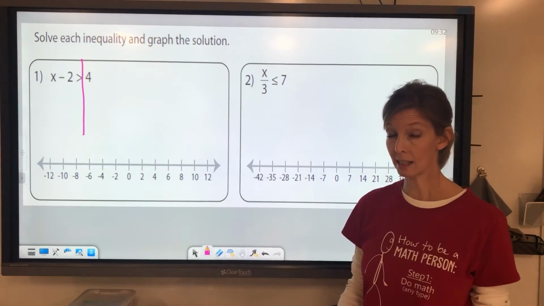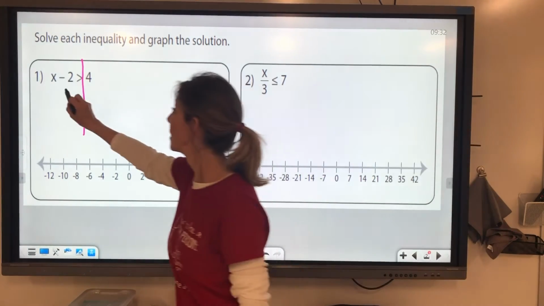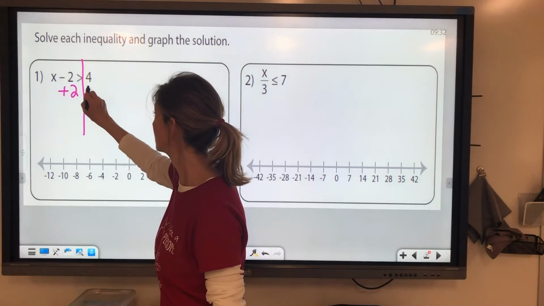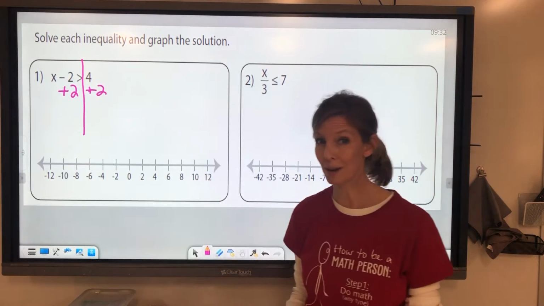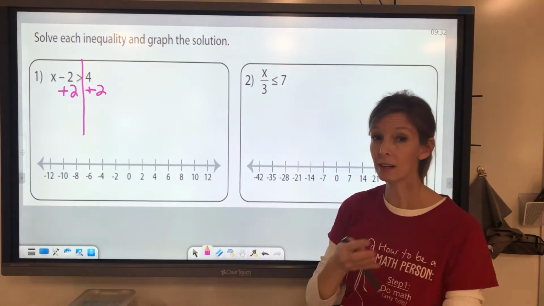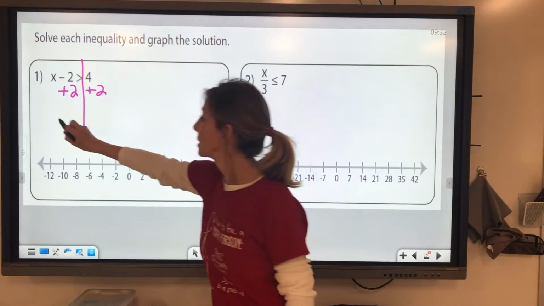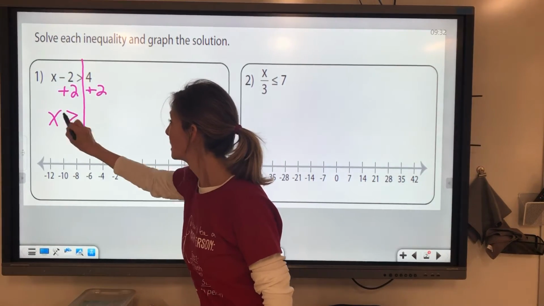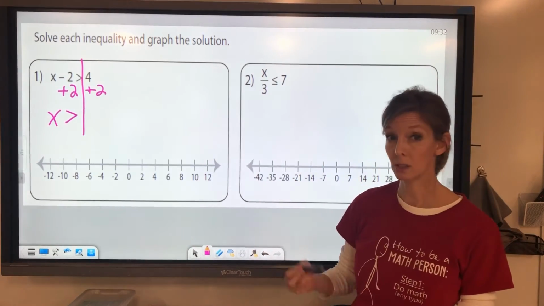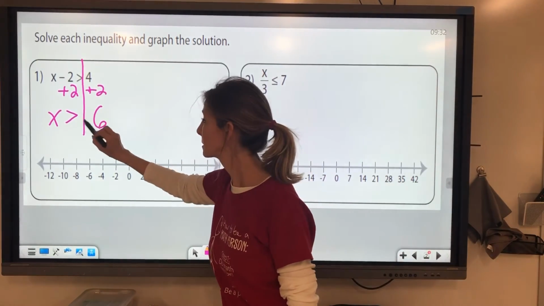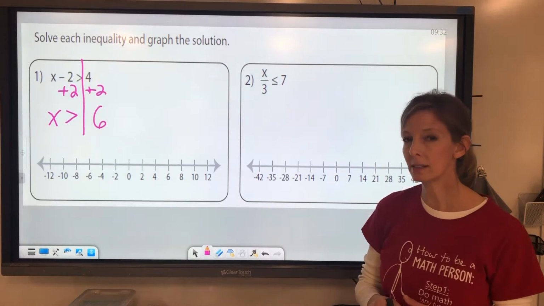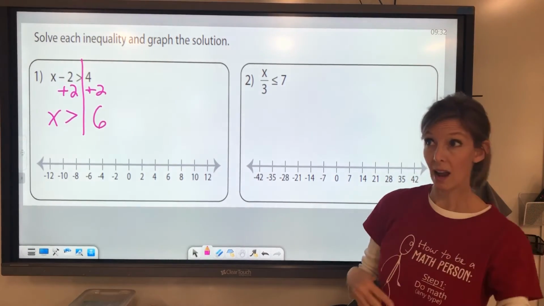So again, we're isolating the variable, so we're going to do the inverse operation, which is plus 2. We, of course, do it on both sides. The negative 2, positive 2 wipe each other out. You're left with x is greater than, and then we have 4 plus 2 is 6. So we have x is greater than 6, so we're saying x could be 7 or 8 or 9 or